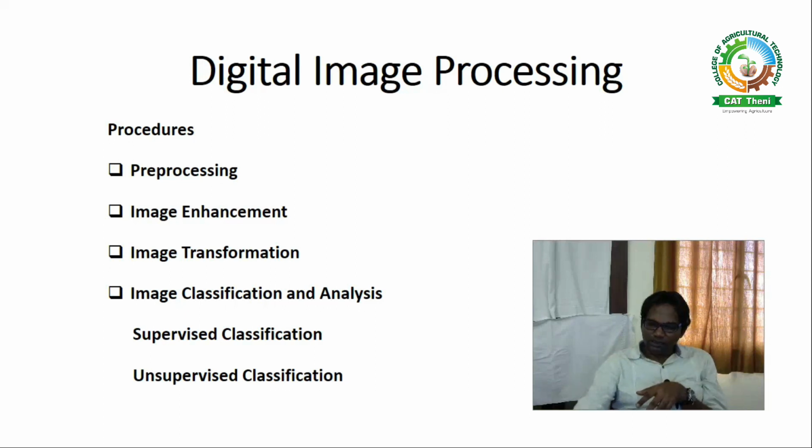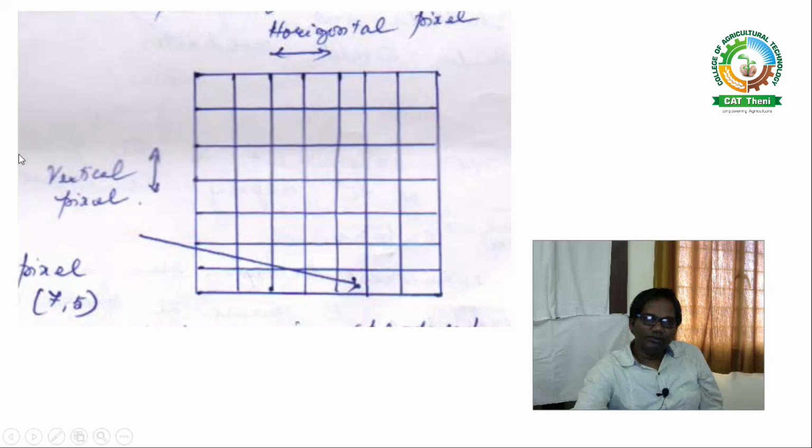I will explain this statistical characterization. The pixel value in the parenthesis I have mentioned as 7, 5. Can you understand what that 7 means? In the horizontal direction the pixel values are 1, 2, 3, 4, 5, and in the vertical direction the pixel values are 1, 2, 3, 4, 5, 6, 7. That's why the pixel value is mentioned as 7, 5. Likewise, you have to do the statistical characterization of the reflectance. That is done in image classification. Thank you.